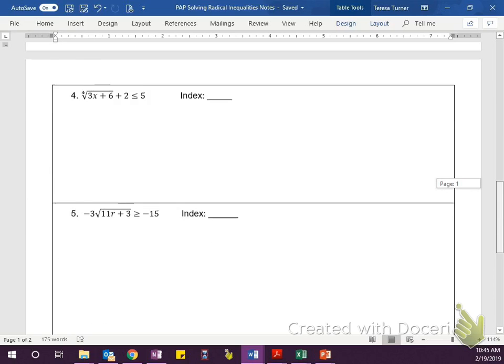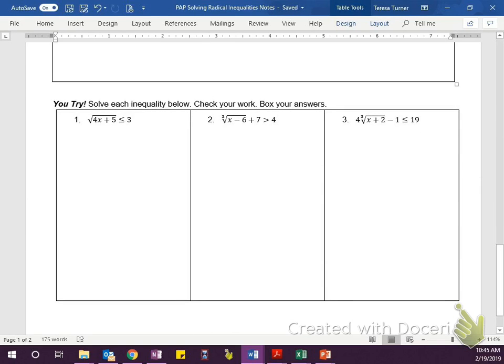I want you to work the 3 problems at the bottom of this sheet. Now listen, you're going to work the 3 problems now on the paper. Then today's reflection